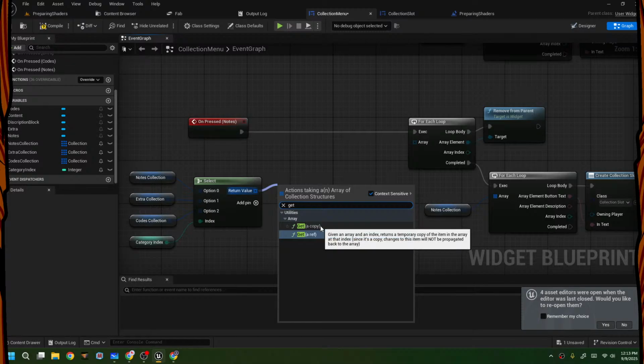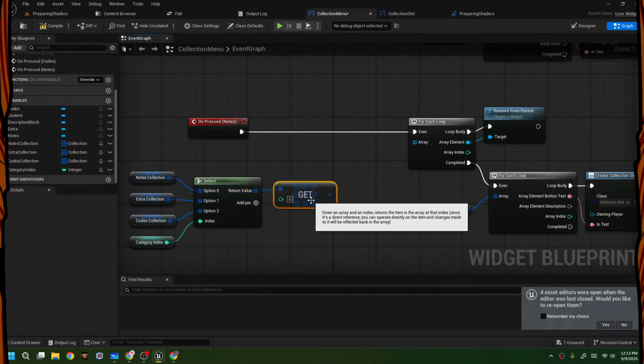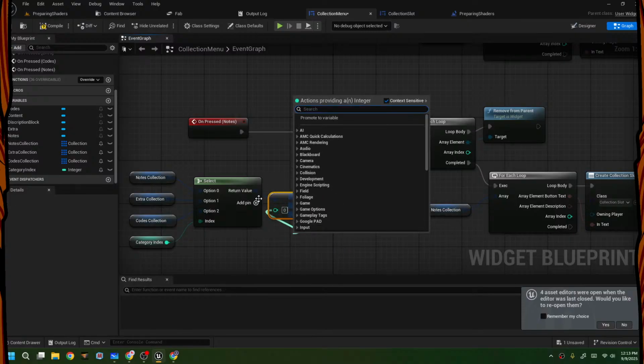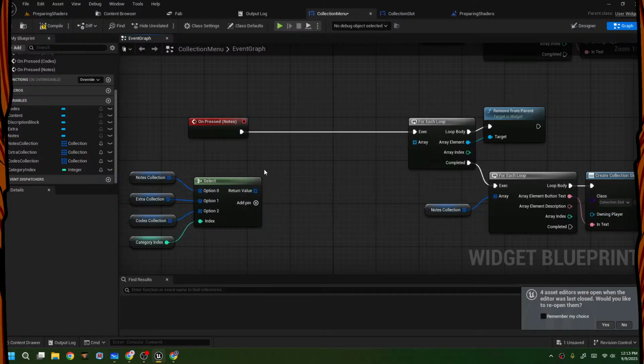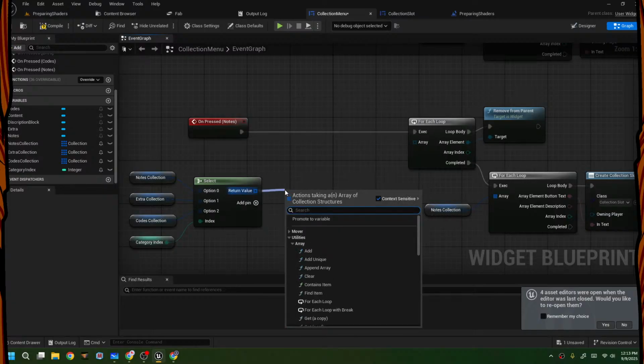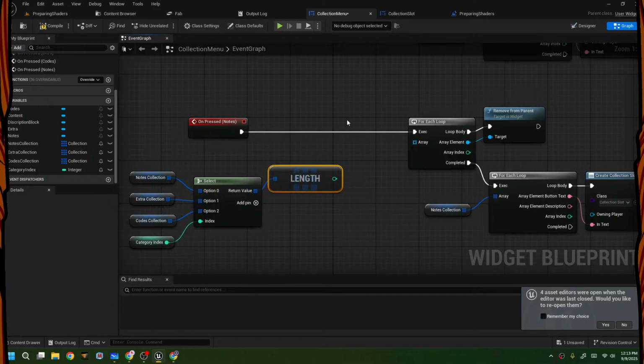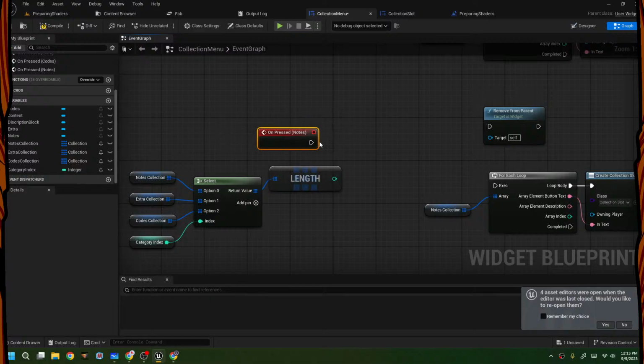We're going to get reference, and we're going to get the length of this array, and then we're going to run the loop,